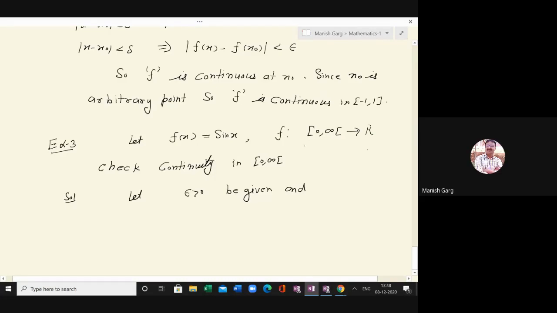Oh, this is the symbol, or you can write like that: 0 to infinity, like that. They are same. Open. Same thing. And x naught,